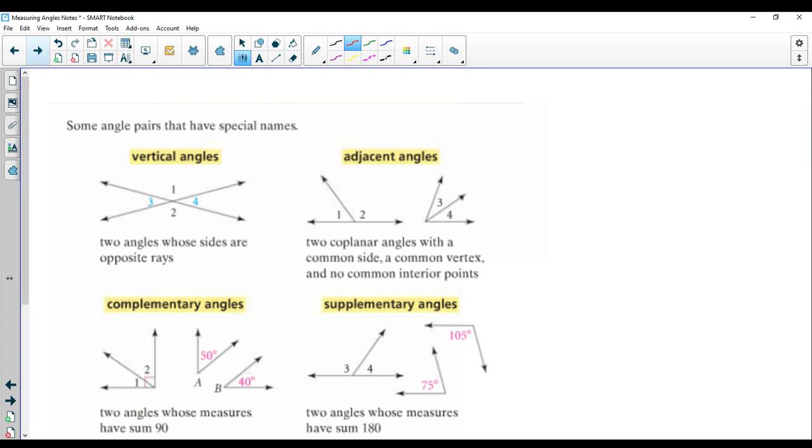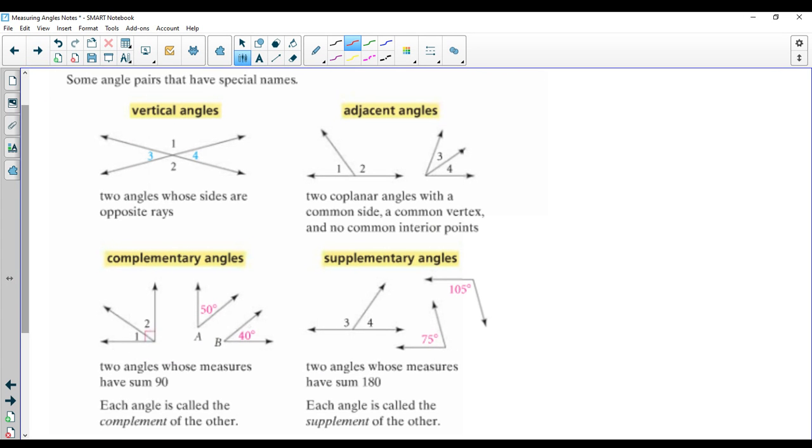Now, when you pair up angles, sometimes they have special names and special properties that come with them. Okay? So here's number 4. Scrolls down a little bit. Vertical angles. Those are two angles whose sides are opposite rays. So, in this picture itself, there are 2 pairs of vertical angles. One pair is